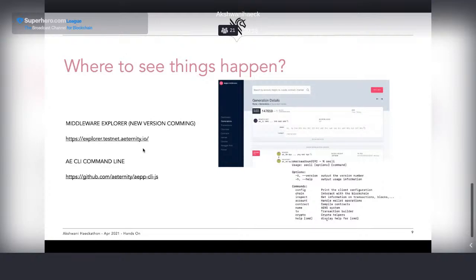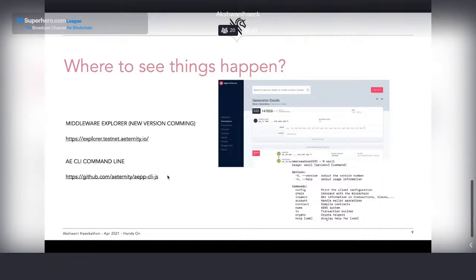You also have the command line, which is easy to use for simple tasks. I like to use it if I need to inspect a specific transaction or work with accounts, creating some wallets, things like that I may want to automate or check. You also have access on our GitHub.